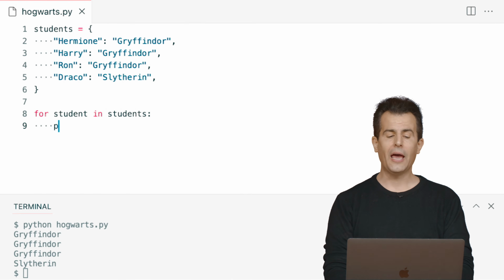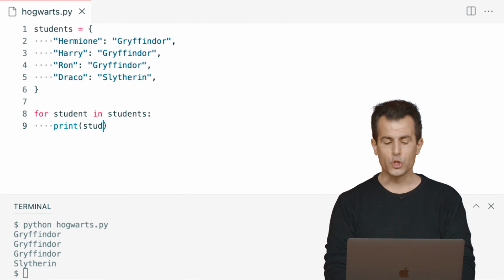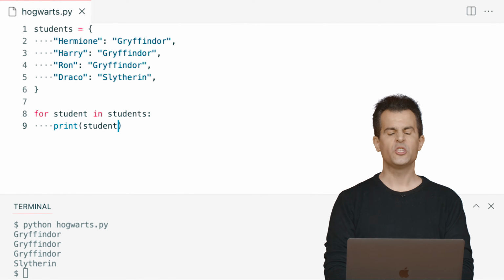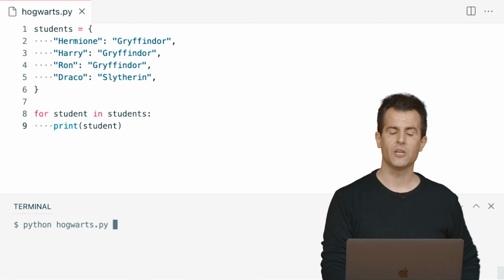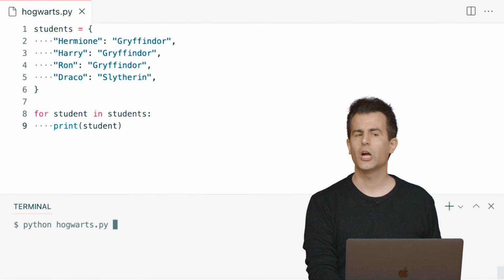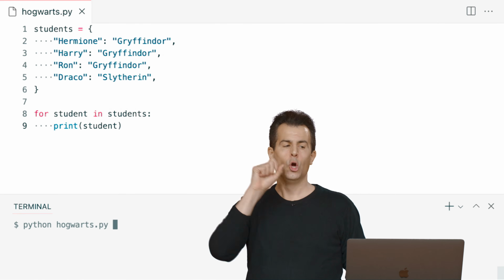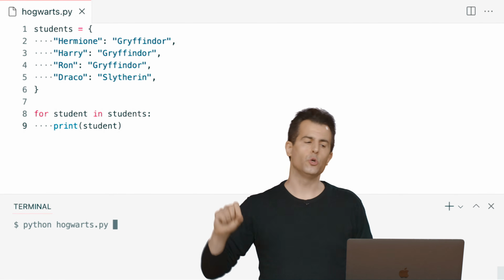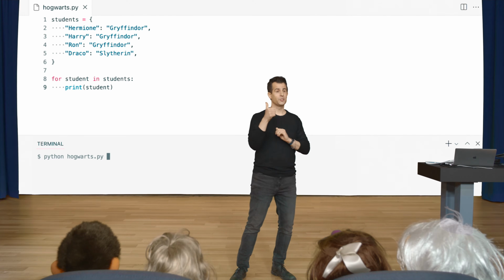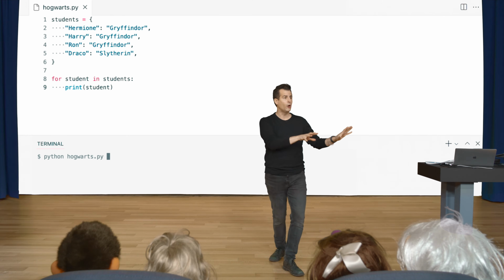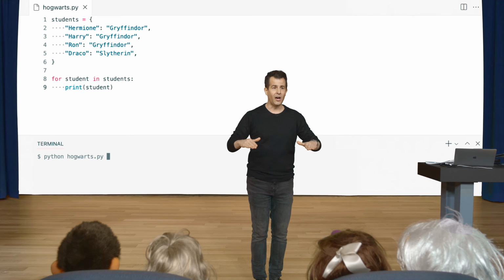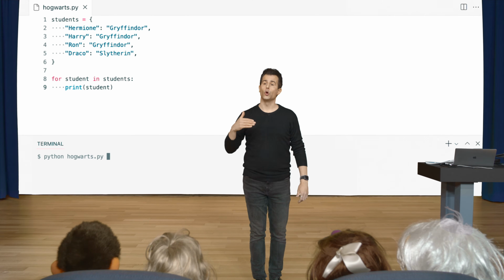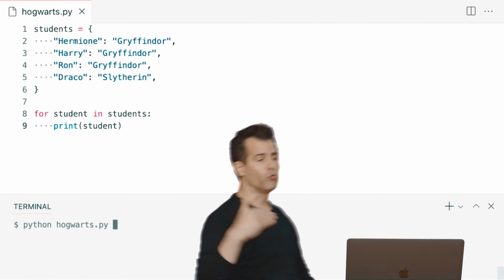in students, go ahead and print out, for instance, the student's variable, well, let's just say student first. Let's keep it simple. So this is not going to be that interesting yet, but when I run Python of Hogwarts.py and hit enter, what should I see? Let me take a question here to see, what am I going to see when I hit enter now, when I'm doing for student in students? Yeah, I think we will only see keys. Perfect. So good intuition. It could have gone both ways. Could have been values, the houses. But when you use a for loop in Python to iterate over a dictionary, by design, it iterates over all of the keys.